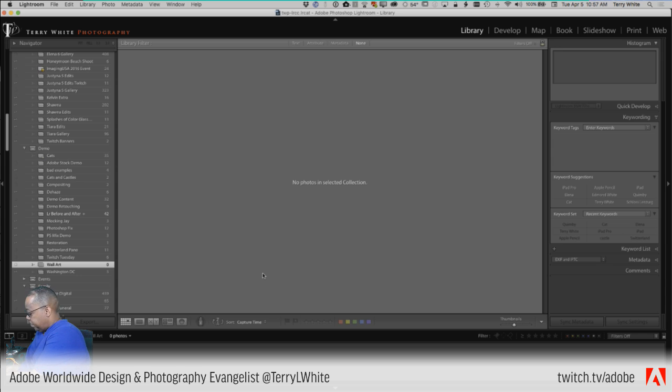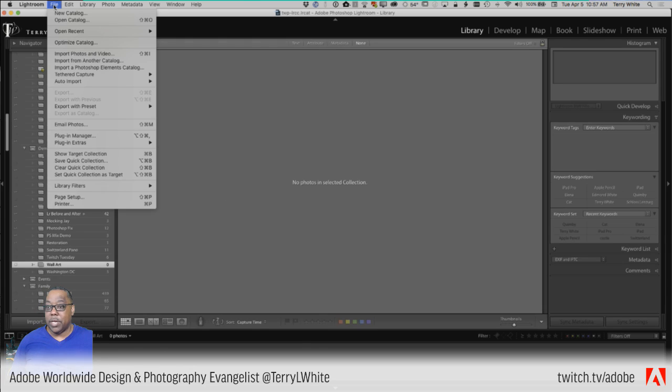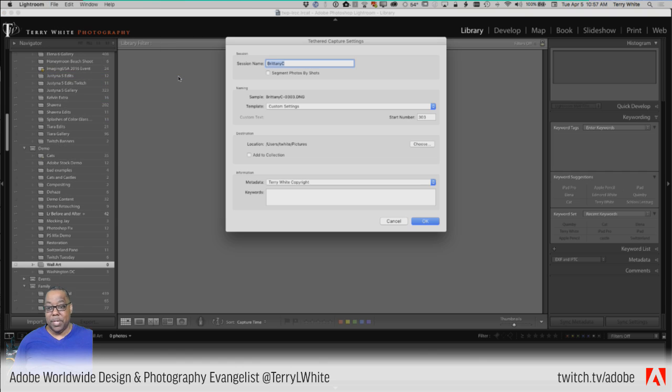All right. Now that I've connected the camera up, I'm going to go to my File menu, and under the File menu, you have Start Tethered Capture. When we start Tethered Capture, you can name your photos whatever you want them to be called. You can start the number wherever you want. And now a new hidden gem is that as you take your photos, they normally go straight to a folder. In this case, they'll go straight to a folder called Wall Art. But they'll also be added to whatever collection you want.